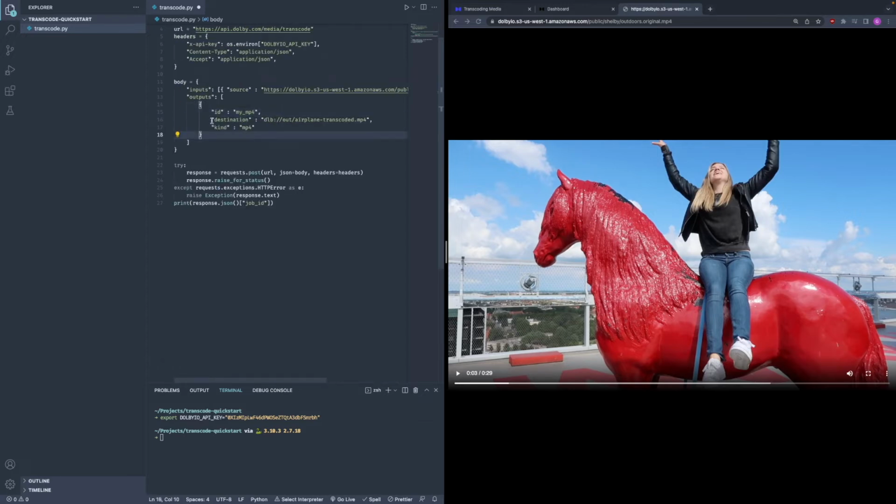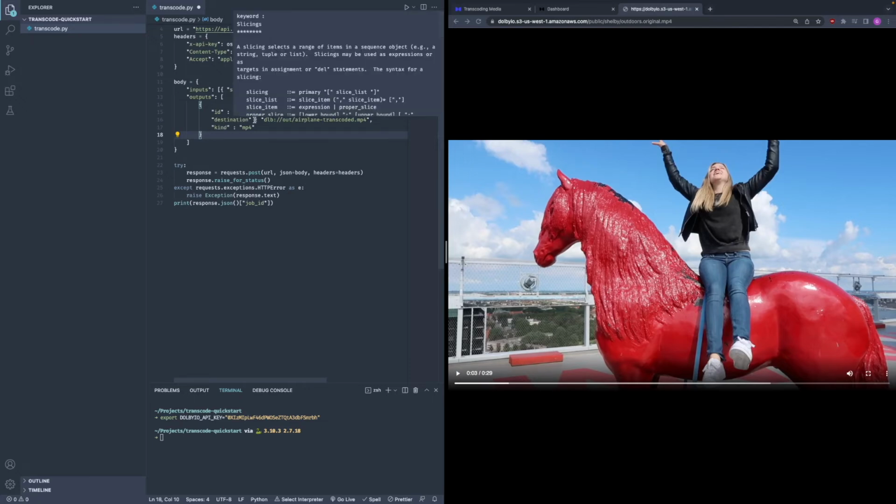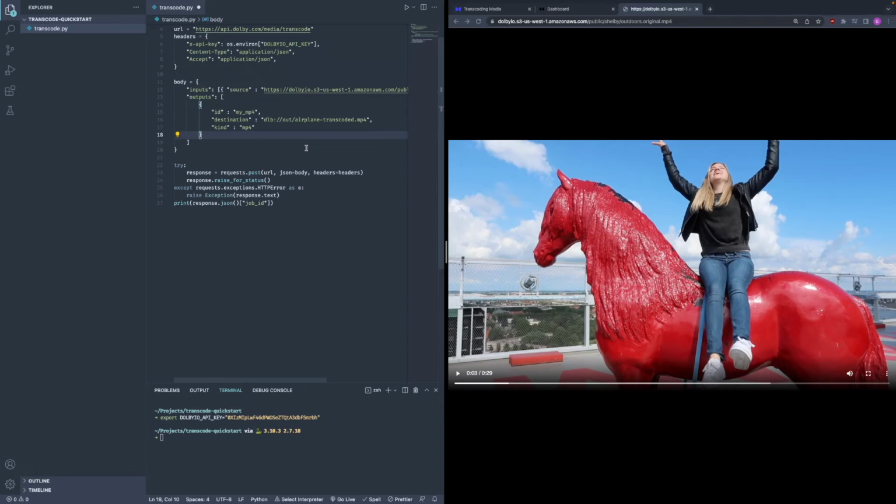Under outputs, this is where we can define how we actually want it to be. The destination is going to be the temporary Dolby storage that we're actually going to be hosting the file inside of. For this case, I'm just going to call it DLB://. This part is important. You need to keep it. And then out, and then I'm just going to call it outdoors transcoded.wav